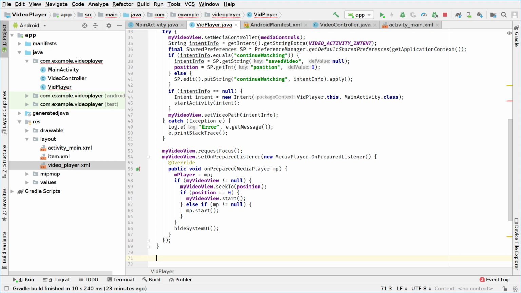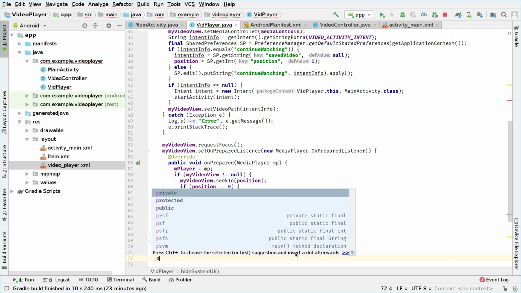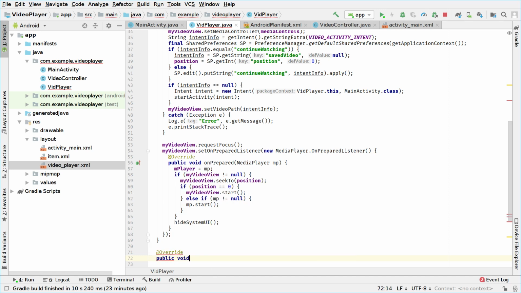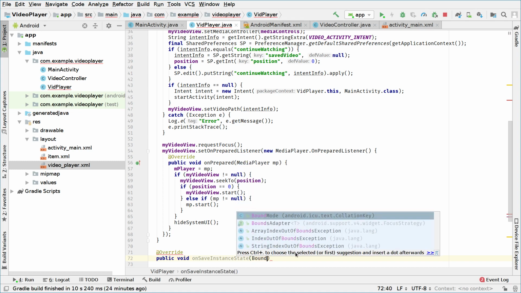After this, we will override the onSaveInstanceState method. For that, we type @Override. This method will enable us to save data, like the position of the video when the user closes the app. So onSaveInstanceState, and we'll pass Bundle